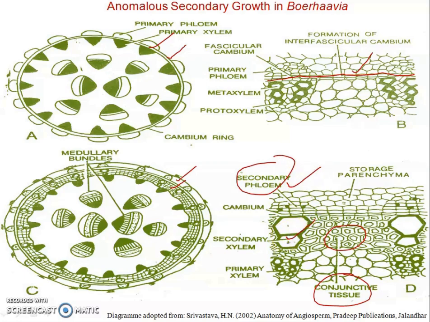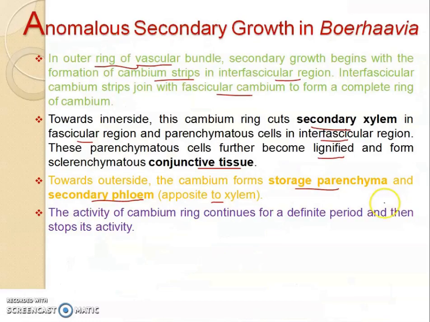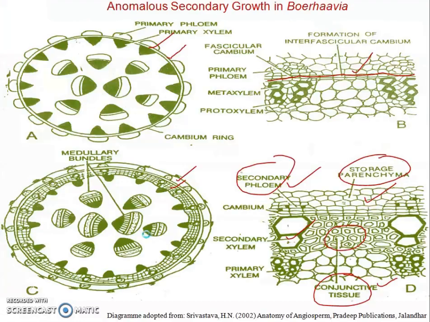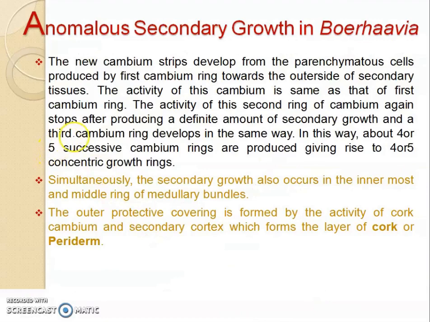But the anomalous structures in this case formed are the conjunctive tissue which is formed towards the inner side and storage parenchyma formed towards the outer side region. Because of these structures, this type of secondary growth is known as anomalous secondary growth in Boerhavia stem. The activity of cambium ring continues for a definite period and then stops its activity. So the new cambium strip develops from the parenchymatous cells